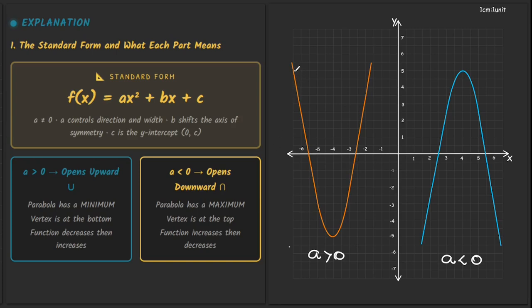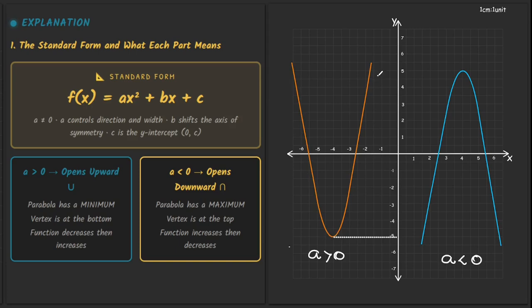Now, as the y value descends, there's a point where it descends to its minimum and then moves up again. That is this point we see over here. We call this point the minimum value of the function. So that only happens when our a is greater than 0, because the function does what? It decreases from the left hand side, then gets to the minimum value and then